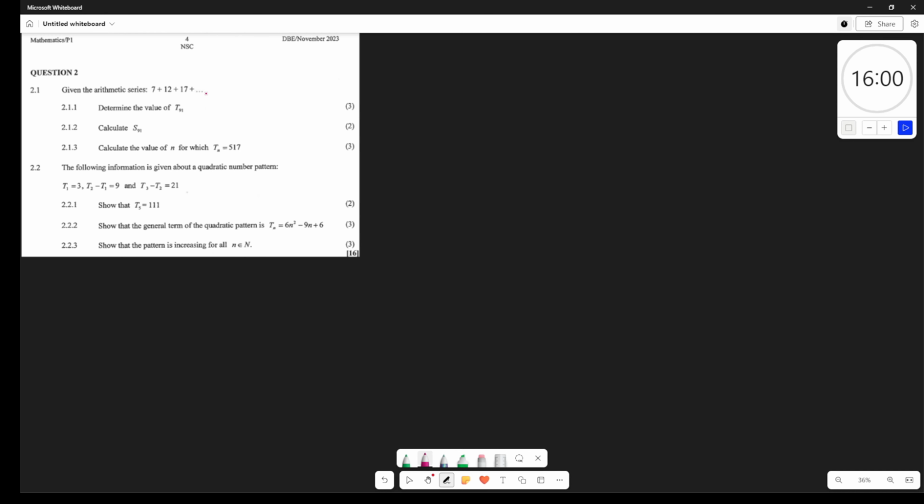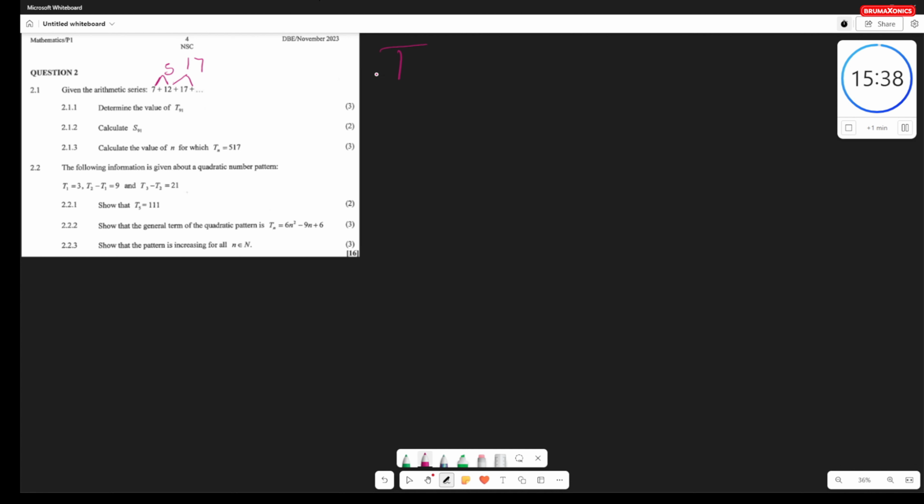So now we are moving to question 2 and we have 16 minutes to tackle this question. Given the arithmetic series, determine the value of t91, and here we have the difference of 5, which is addition, and plus 5 we are going to get 17. So I'm just going to